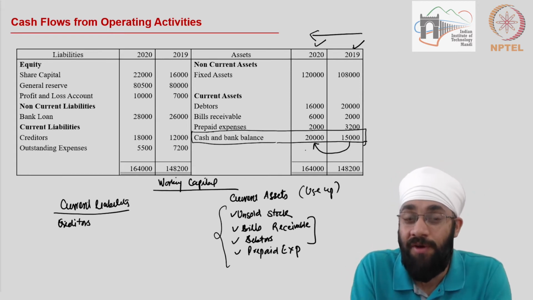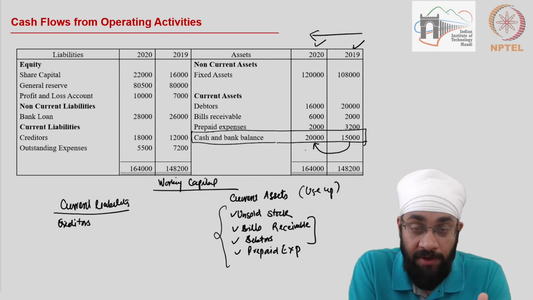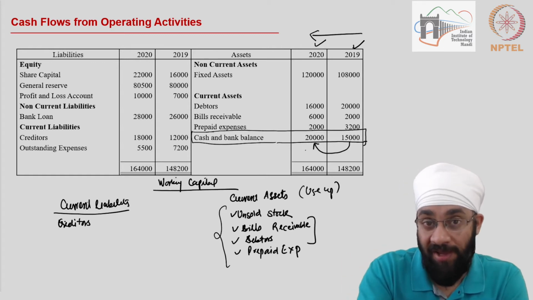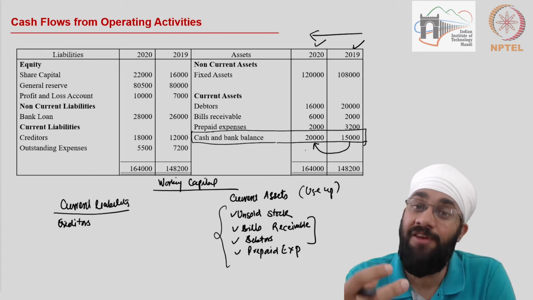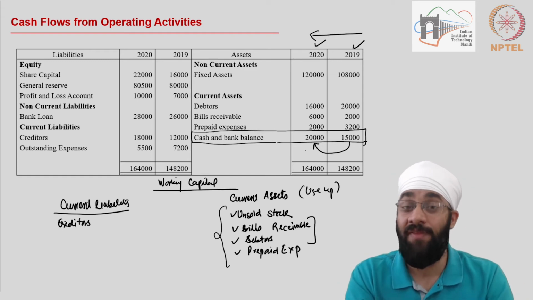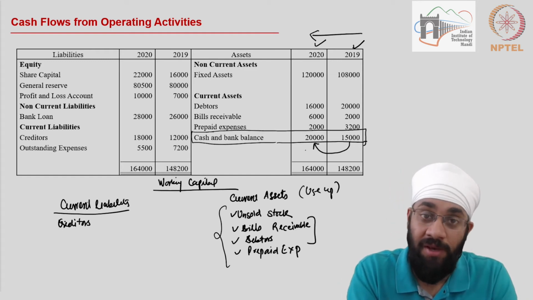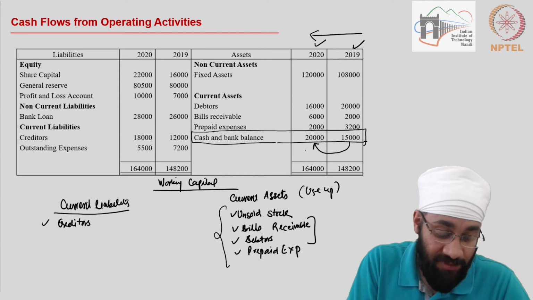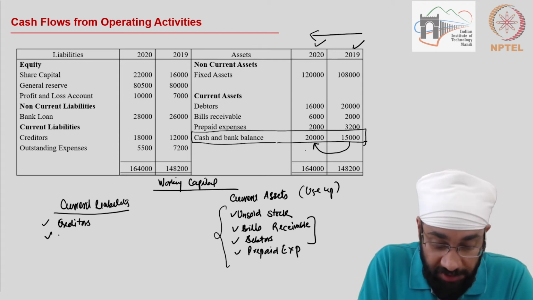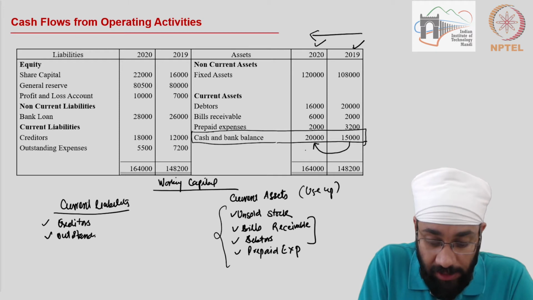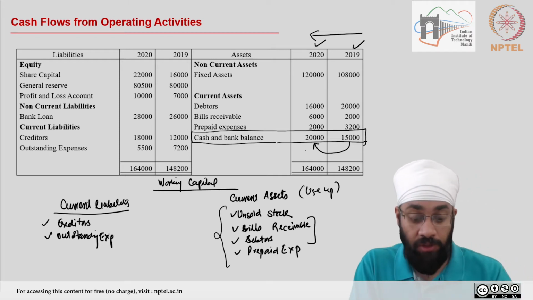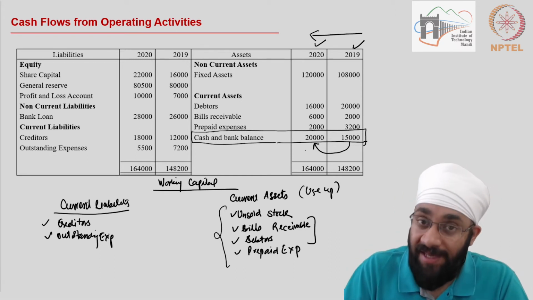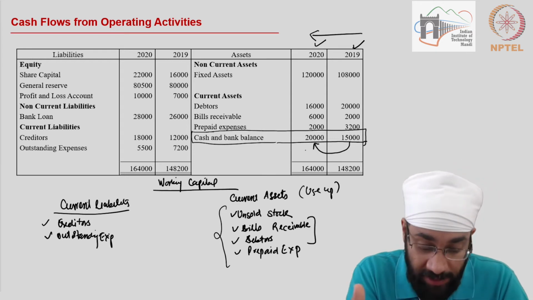You can also think of it in the following way: you purchase goods from the creditors, you paid him. Now cash has gone out, and then the creditor comes back and says, hey, take this cash back, pay me after 2 months. So the creditor has given you this cash for 2 months, you can use it, and then when you recover from your customers, you can pay the vendor. Just think of it like that. Okay, so creditors, or outstanding expenses. What are outstanding expenses? When you do not pay after the expenses have become due. So when you do that, you are saving that cash with you. You're not paying it out. It's a liability as well.